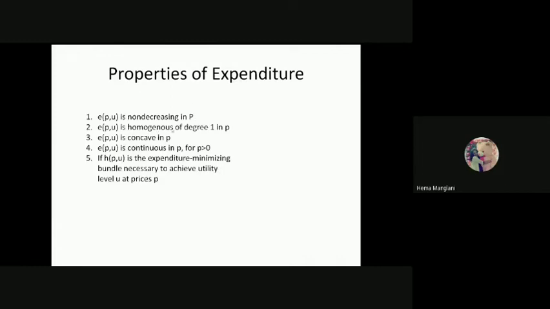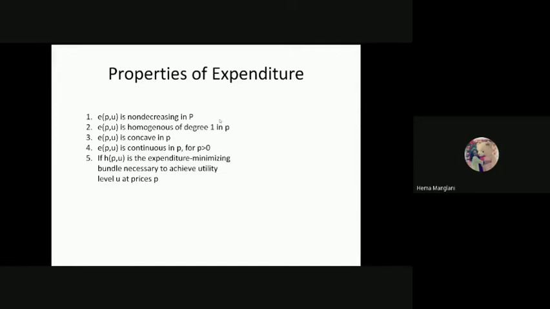So the expenditure function is exactly showing a direct relationship with the prices. So as price is more, then your expenditure definitely would be more. If price is less, your expenditure would be less as per the given budget. And then the second property we have is homogeneous of degree 1 in P. This homogeneous of degree 1 basically follows your production function property. We have studied the product exhaustion theorem in micro 2